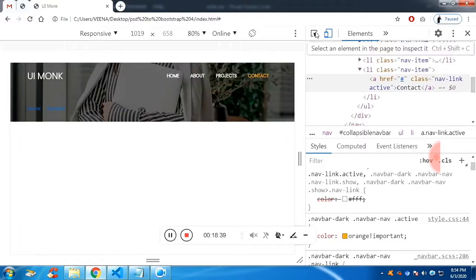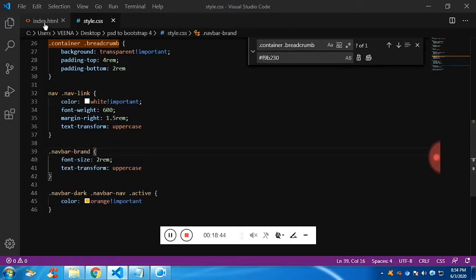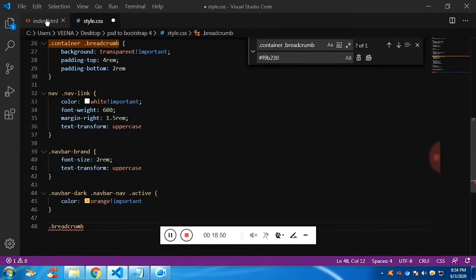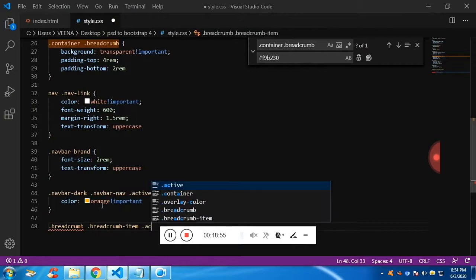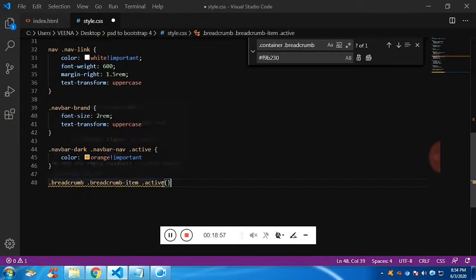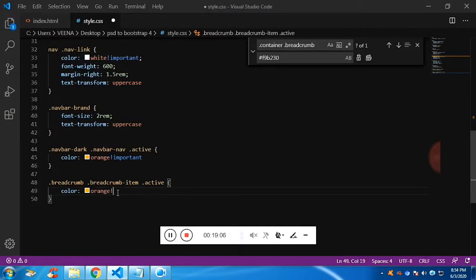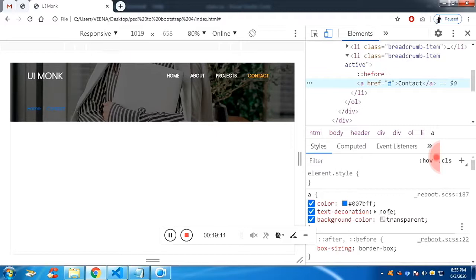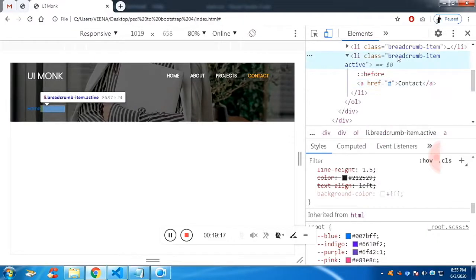Now let's check the breadcrumb. You can see all the links are getting blue color. That's the reason why the breadcrumb is also getting blue color, because of the anchor tag. Let's choose the parent and let's choose the list item, and inside list item we have anchor tag which will have class active. So let's give the color to it. So there is a mistake. The mistake is the active is not in the anchor tag, but the active is in the list item. So I have to rearrange it in the CSS.